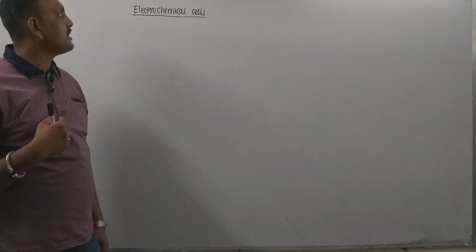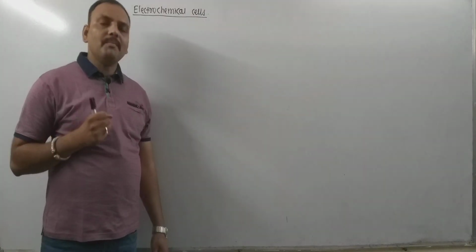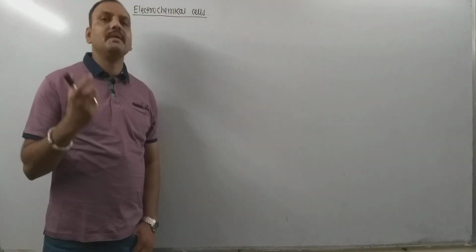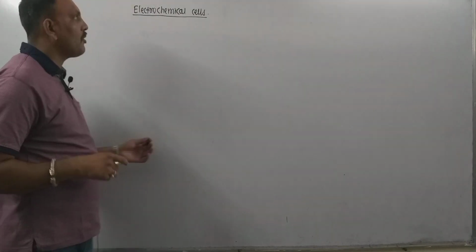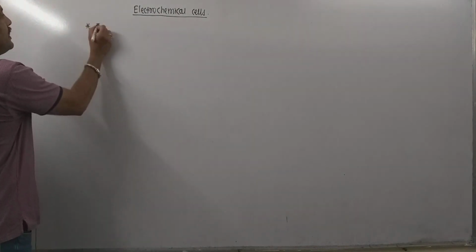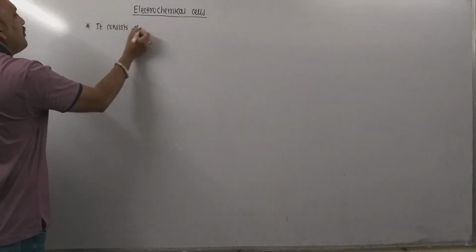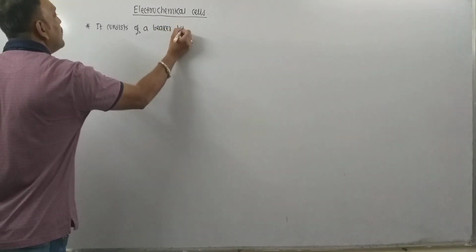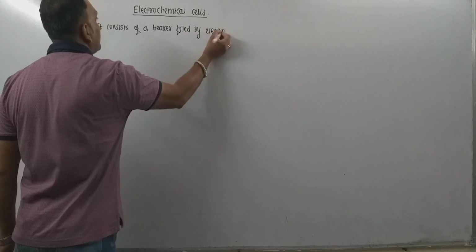Today's point of discussion is electrochemical cells. Remember, an electrochemical cell is a device which consists of a beaker, for sure, no doubt. It consists of a beaker filled by electrolyte